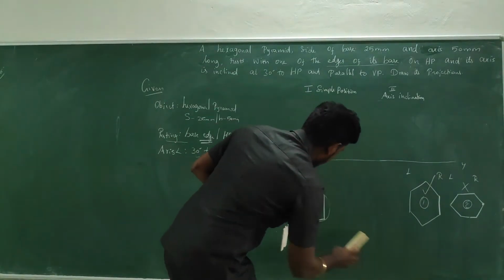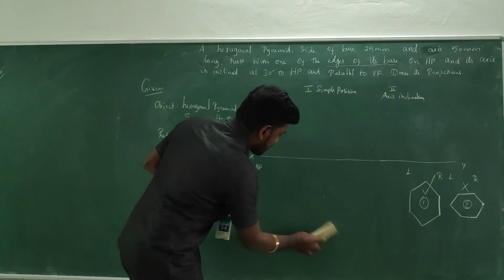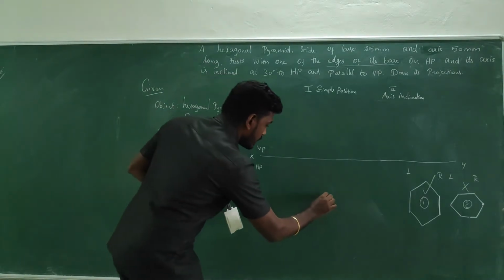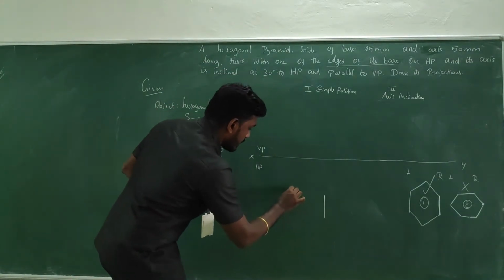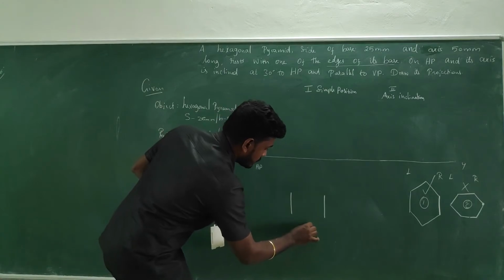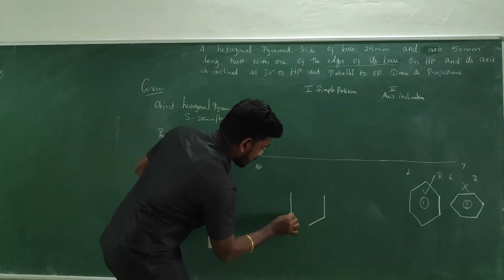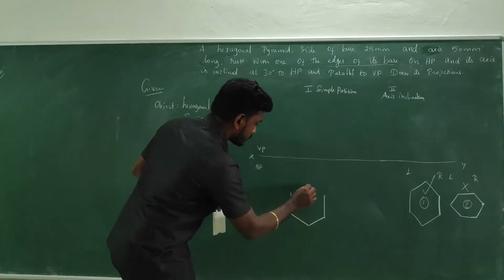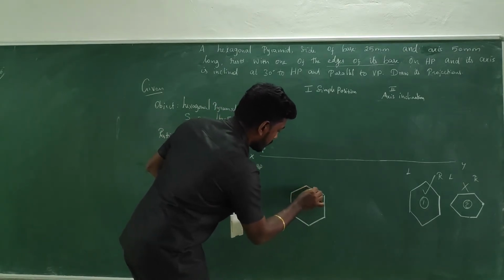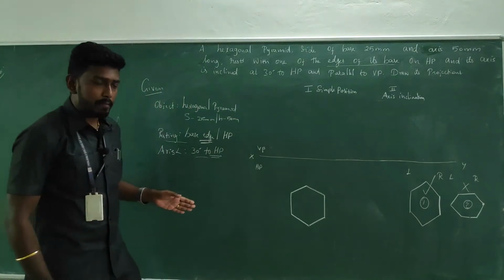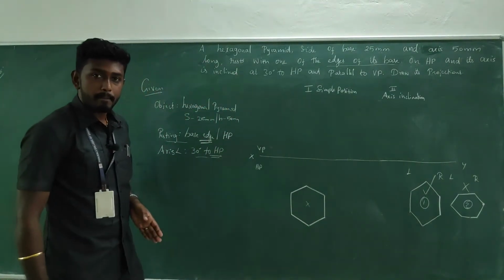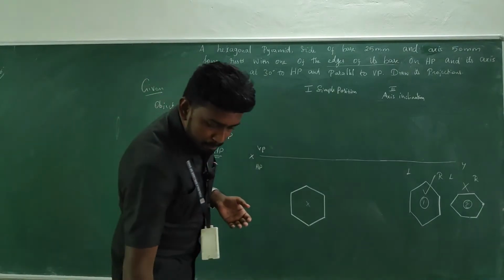So you go with the circular method so that you will get the exact shape when you are working with the proper measurement, right? So this is how you have to make it. I am drawing in a rough manner in order to get a neat diagram on the board. Okay, so this is how the position of the hexagon will be. Here when you are drawing, you will get the center. Fine. So this is the pyramid.